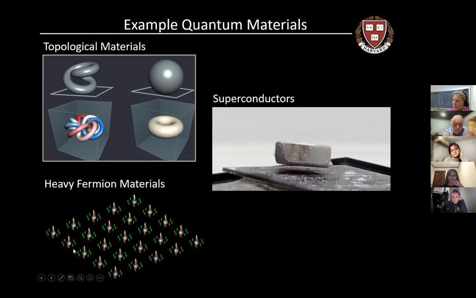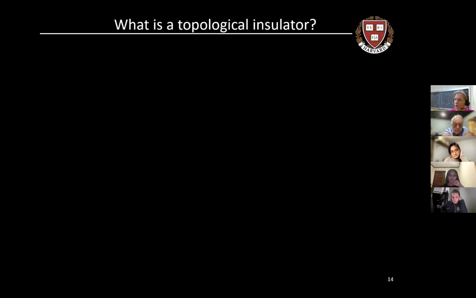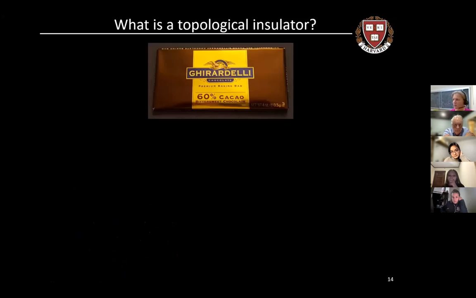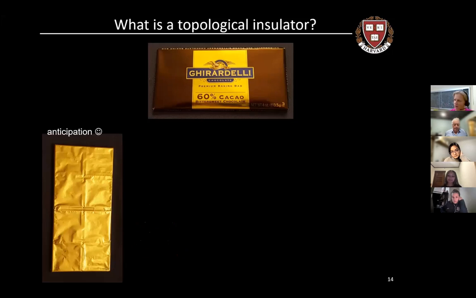Okay, so I'm going to try to give you a kind of conceptual picture of what a topological insulator is. This is the cartoon picture. This is not the mathematical derivation. So what is a topological insulator? It's kind of like a chocolate bar because it has a conducting surface state and an insulating interior, like this